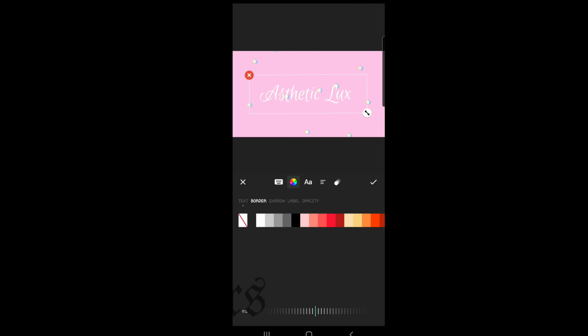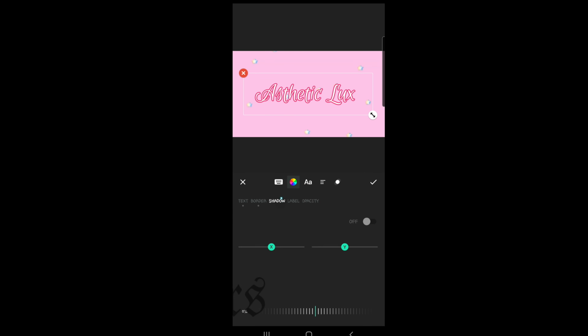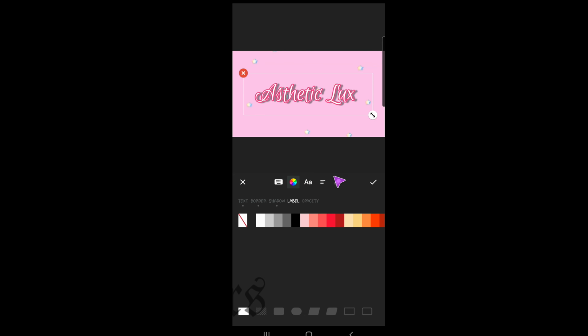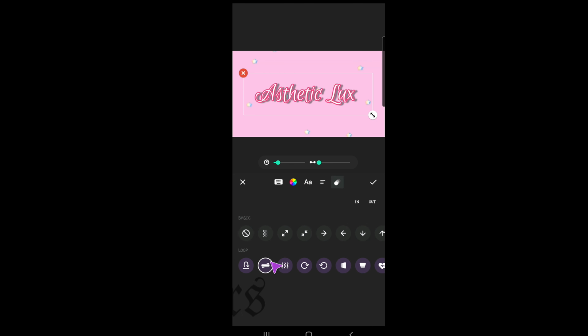The text color is going to be white and the border color, I'm going to keep it a little light pink. Kind of dark only, but not too dark. Then I'm making the border a little bit thin because it's too thick for the text. And I'm adding a shadow. And if you want, you can add a label like this. I'm not doing that. And opacity, you can change it if you want your text to be lighter and not too much visible. Now I'm adding a little bit of animation.